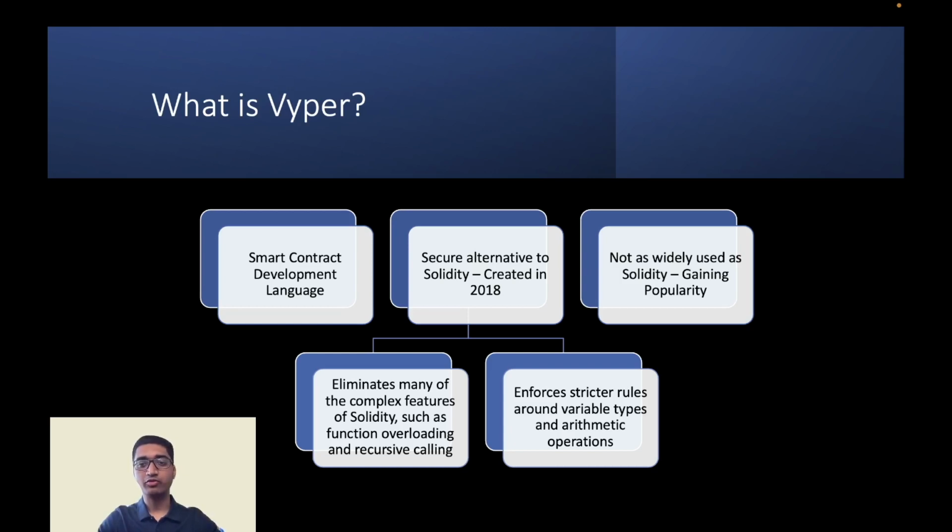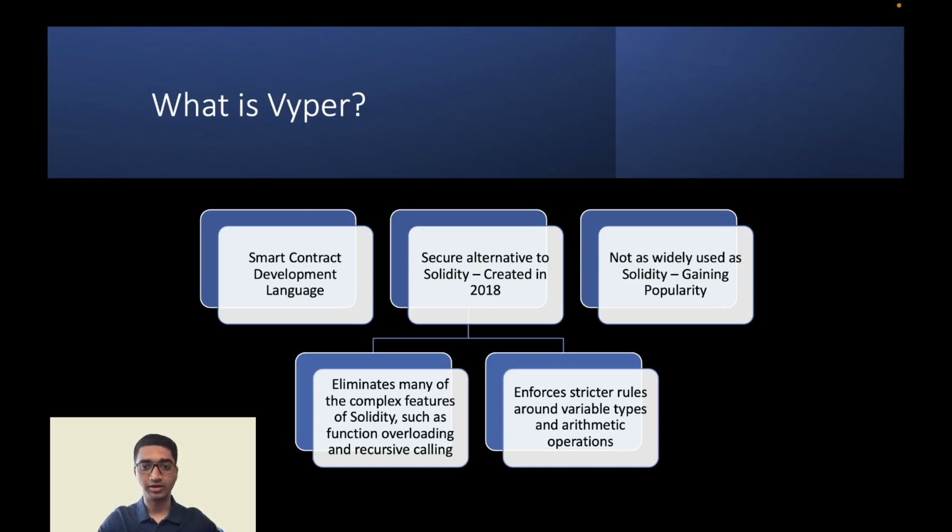The second thing is it enforces more stricter rules around variable types and arithmetic operations. A very simple example of this is if you want to divide something by 0, you would need to have the right kinds of bounds in place and checks and balances in place to make sure that somebody isn't trying to divide by 0 within a smart contract. Because if you don't check for that, then it'll try to return a non-number value or a garbage value or an infinite value. And that might cause some of the mathematics which that operation relies on in the smart contract